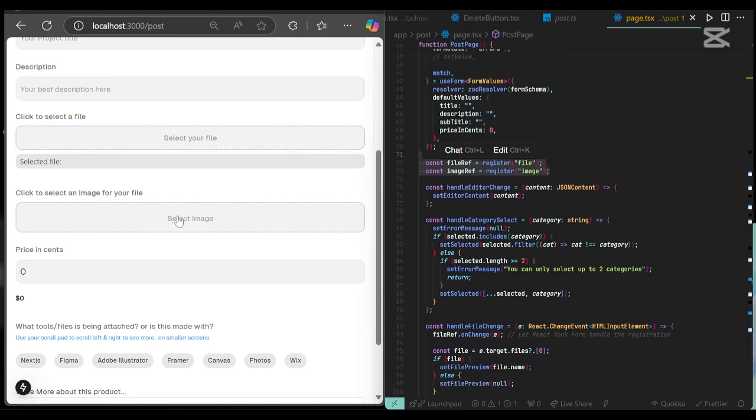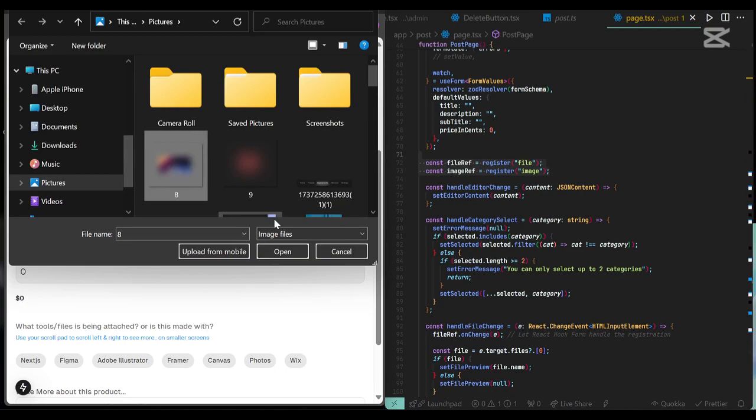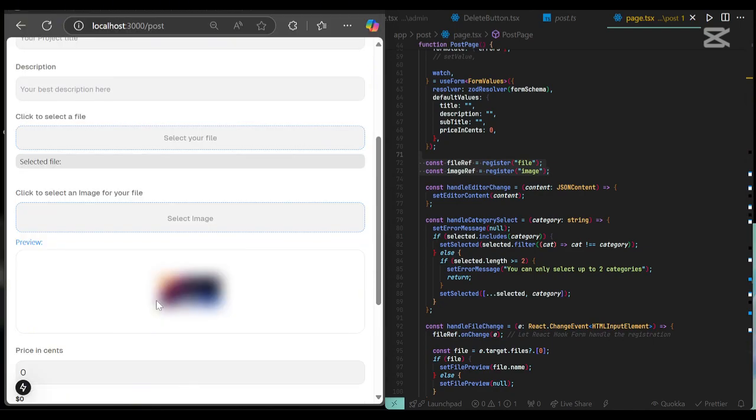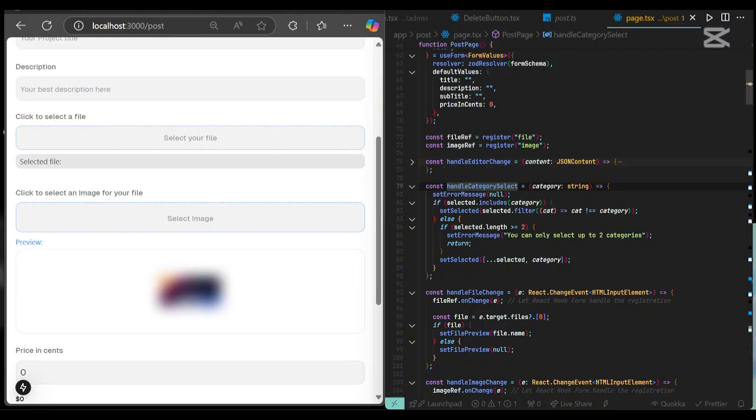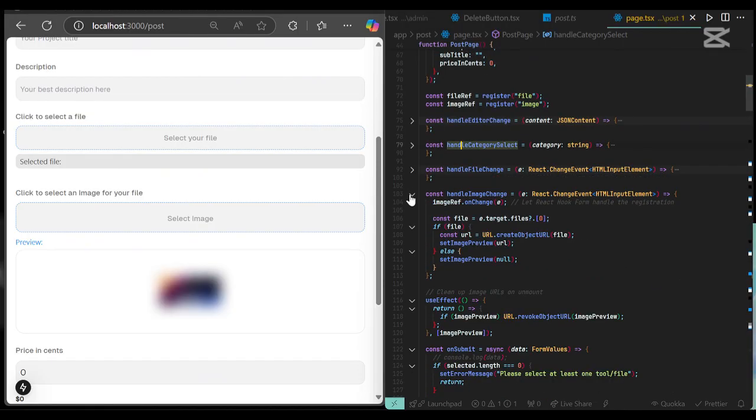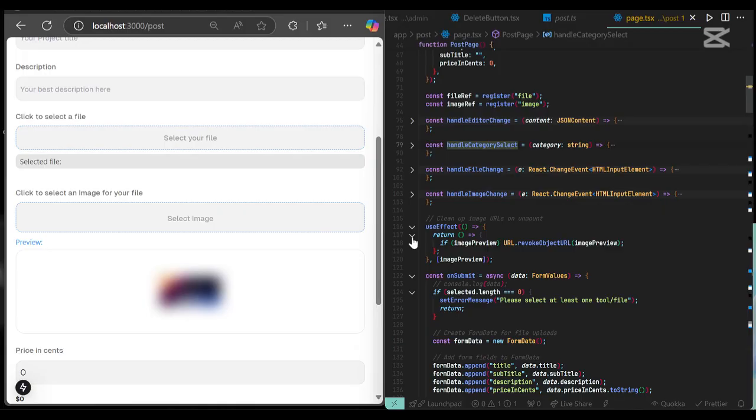right here, say if we select an image right here, let me just click on this one. As you can see, due to the file ref, it's going to make sure we have images selected and display them right here. Okay, so that is that for that. And the handle editor change, I'm going to close that up for now, and let me just go down a little bit. I'll walk you guys through how